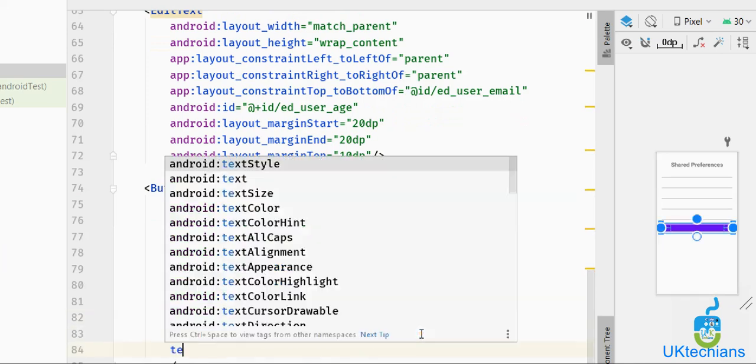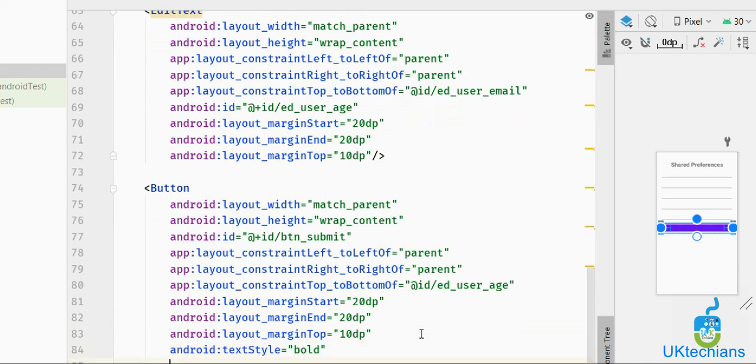We have to write here the text color will be white,